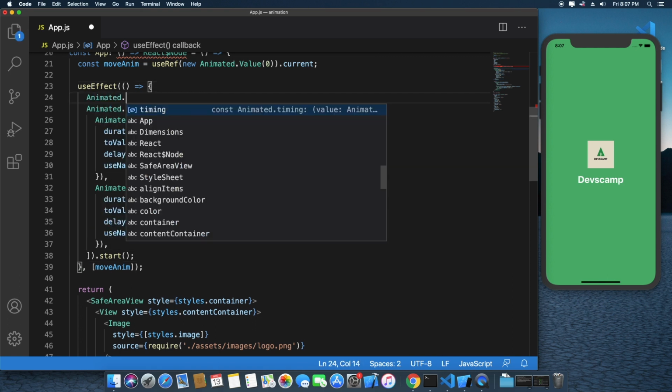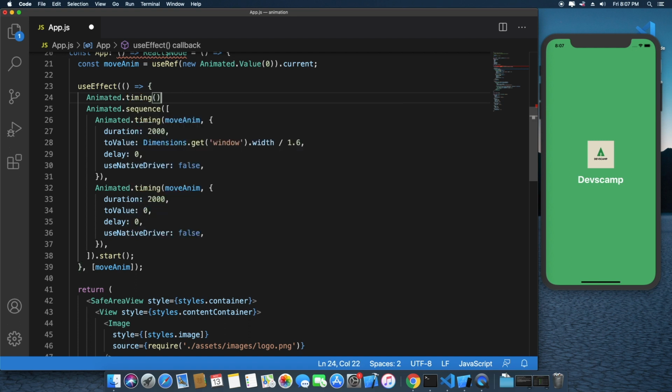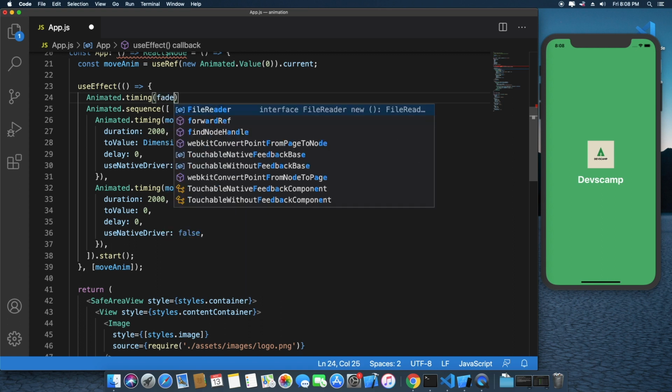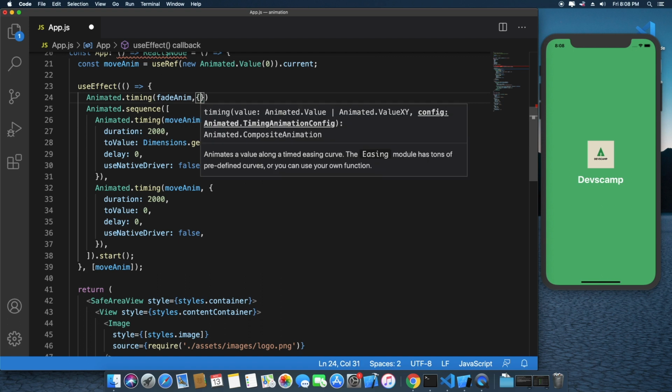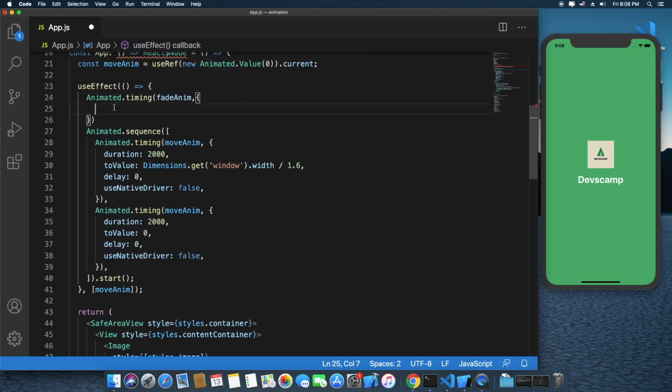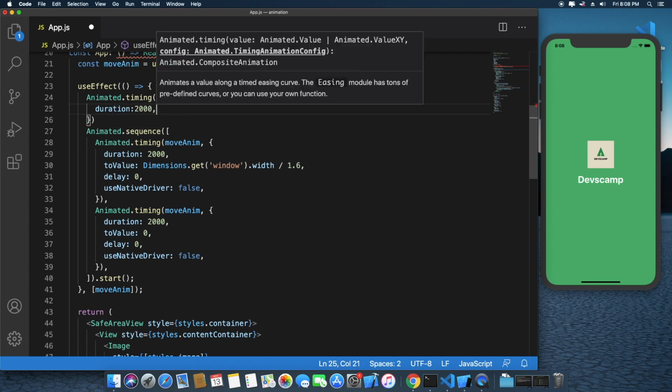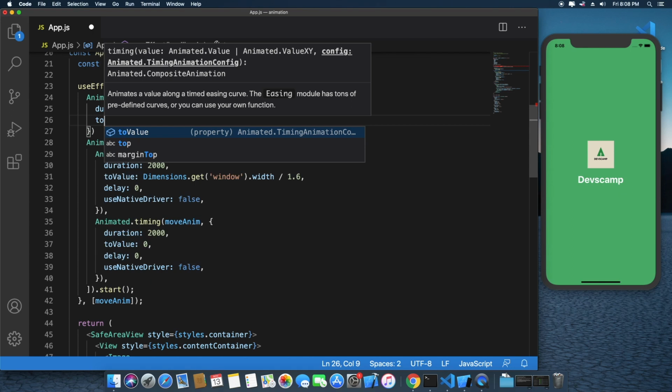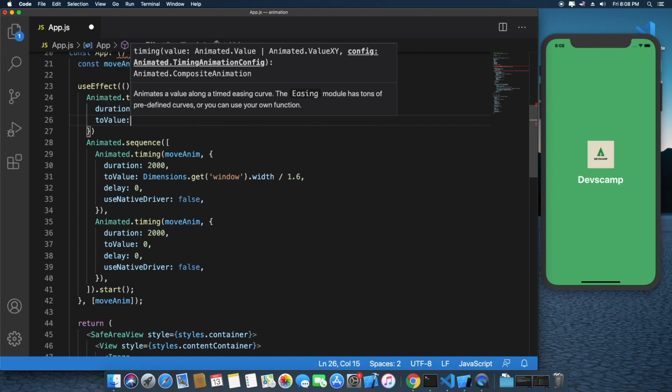So Animated.timing, fadeAnim, with a duration of 2 seconds and toValue.